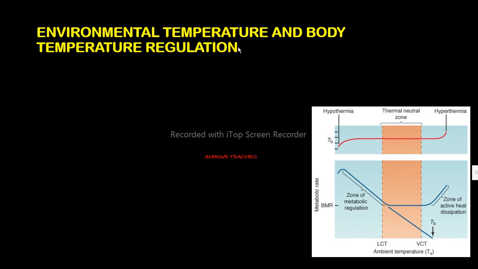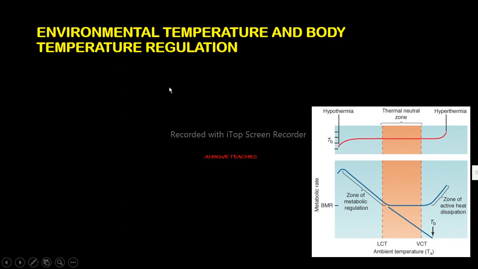environmental temperature affects the body temperature regulation, or how change in the environmental temperature affects the regulation of the body temperature in endotherms.